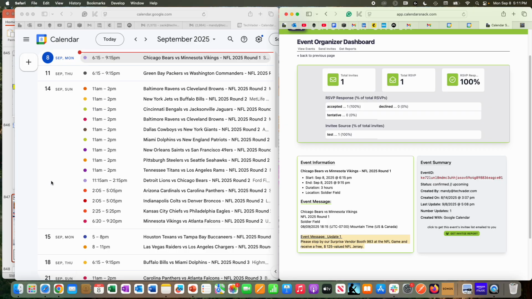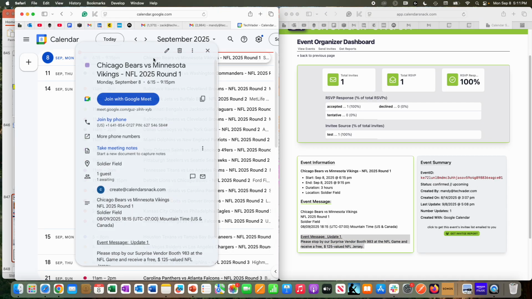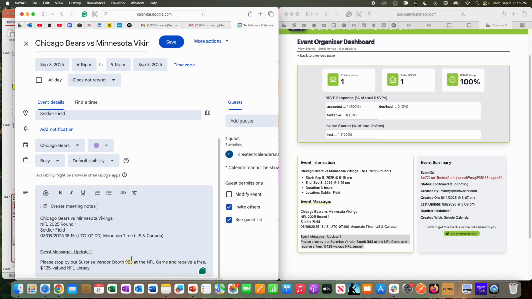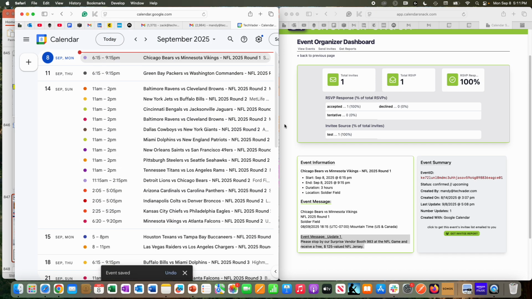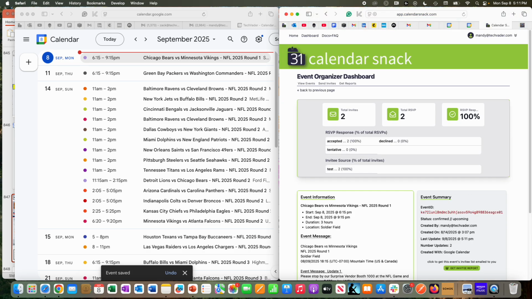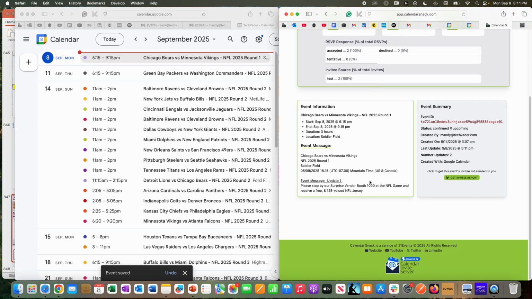So as I go back, I'm going to update it one more time here for Monday Night Football. I'm going to change the booth number to 1000, and you're going to see this pipeline work here real quick. I leave the create command alone, create at calendarsnack.com. That is going to create that sticky connection to the database. We update the database here, and you'll see that we changed here automatically to 1000 because we're using the same